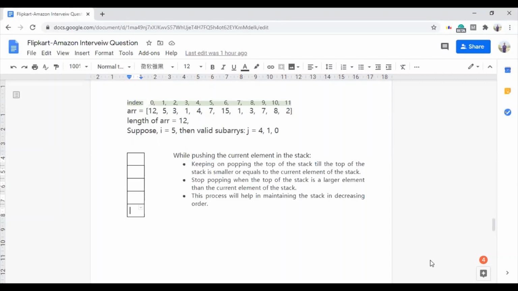So the first valid subarray is always at the position when j equals i minus 1, and as the jth pointer keeps on decrementing, we will get valid subarrays only at those indexes where the value is greater than all other values which the jth pointer has taken till now.